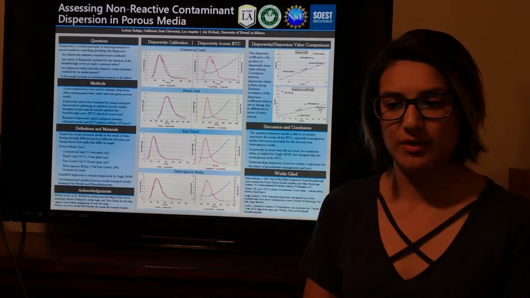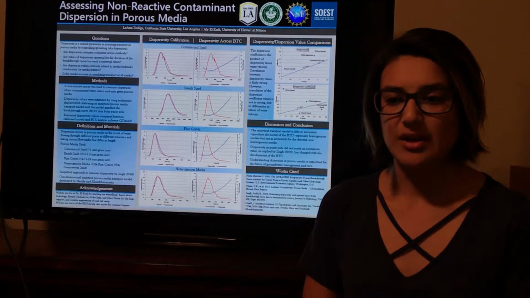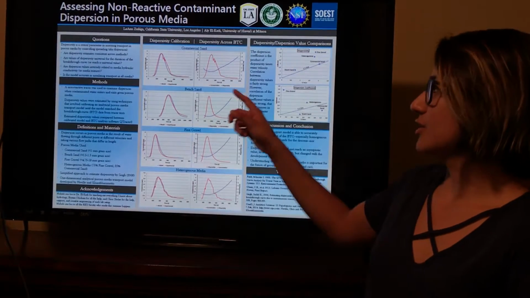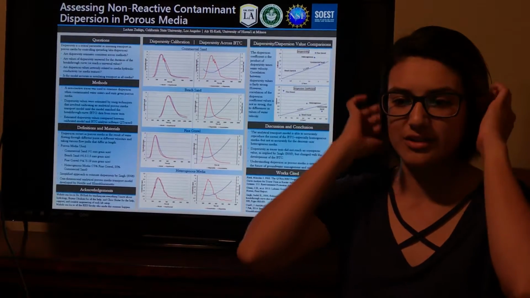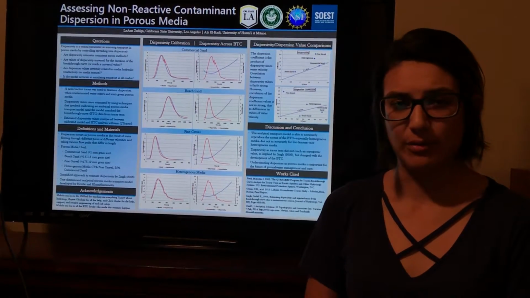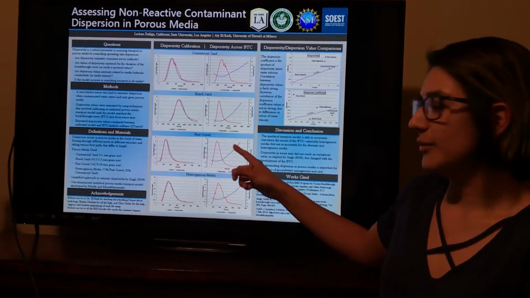The analytical transport model is able to accurately reproduce the ascent of the breakthrough curve, especially in homogeneous media such as the commercial sand and the beach sand, but is not as accurate at modeling the descent of the breakthrough curve, especially in heterogeneous media, such as the fine gravel and the